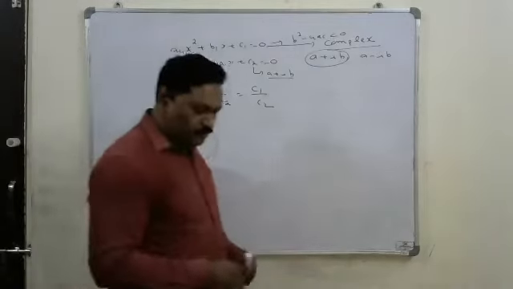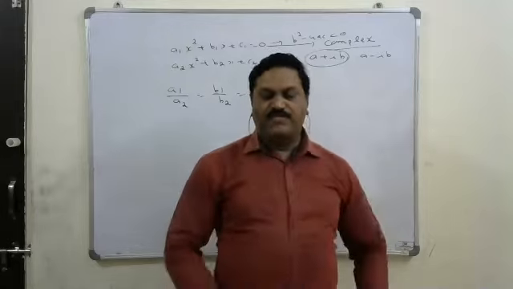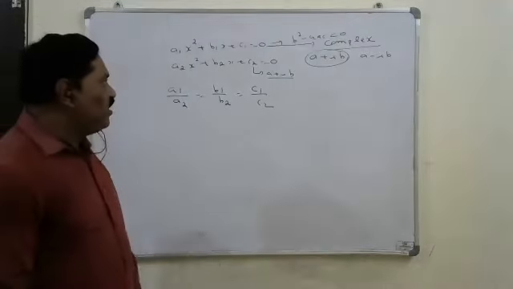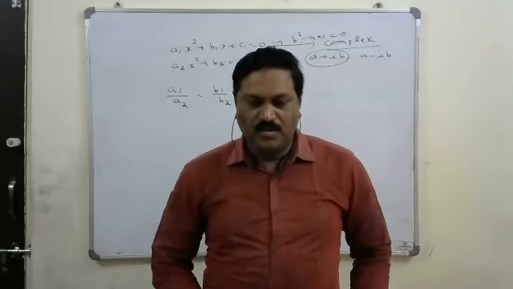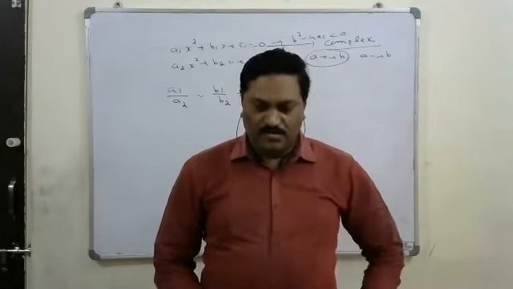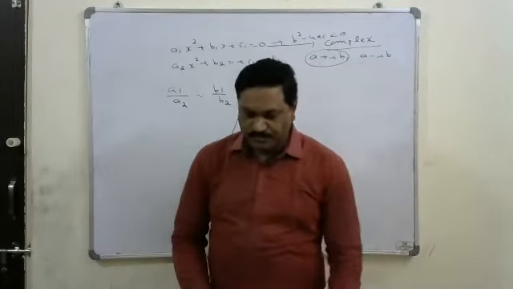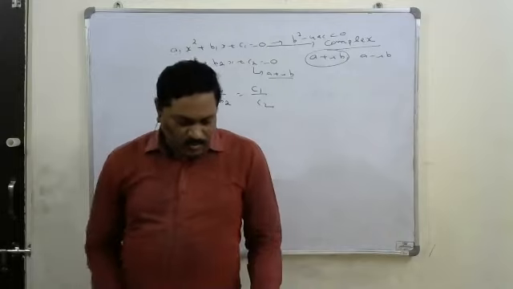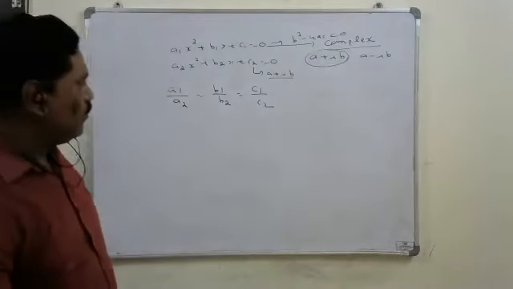Okay, next, second point. If the equations a1x square plus b1x plus c1 equal to 0 and a2x square plus b2x plus c2 is equal to 0 have both the roots in common, then a1